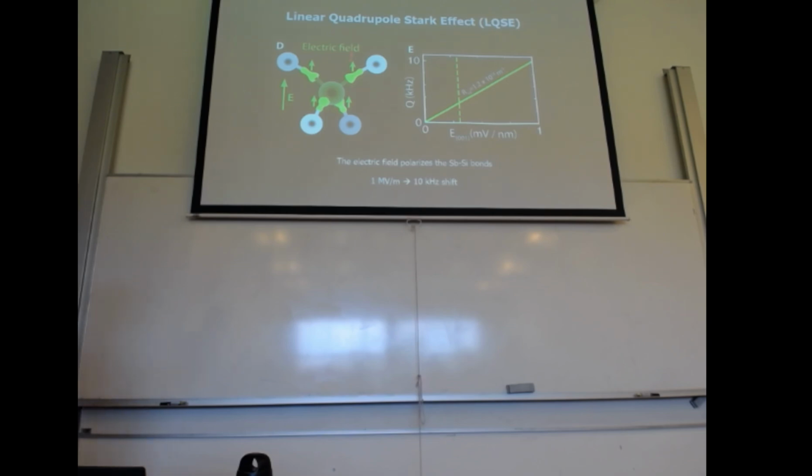And this causes a dipole moment here, and the electric field that you apply can couple to that. So by having non-symmetric bonds and applying an electric field, we can change the electric field gradient. So it really needs to happen at this level of the nucleus and its surrounding atoms to be of significance